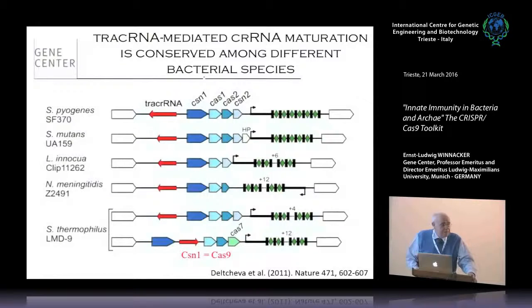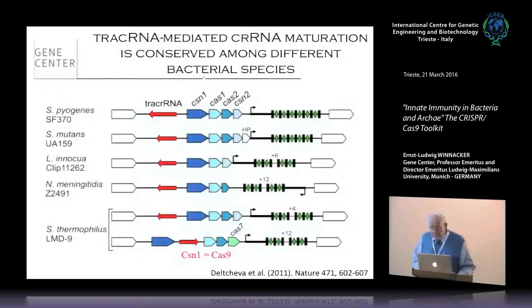It's often not clear why there's more than one in the type 2 systems. In the others, it's much clearer because you need several of the Cas enzymes to do the job. Here, you need only one, but you need this extra RNA. That's the big difference. So in all the other cases, type 1 and type 3, you need this Cascade complex, which has many nucleases. And it's only in this one you need one nuclease, but that is guided by two RNAs, the one in red and the one which is transcribed to the right here.